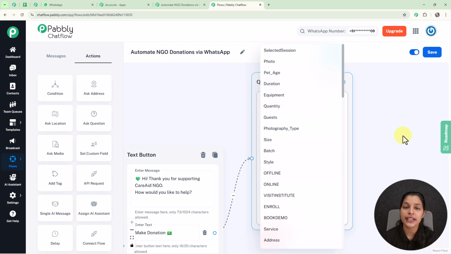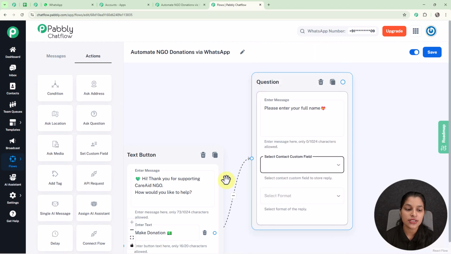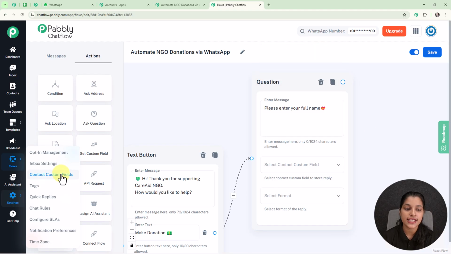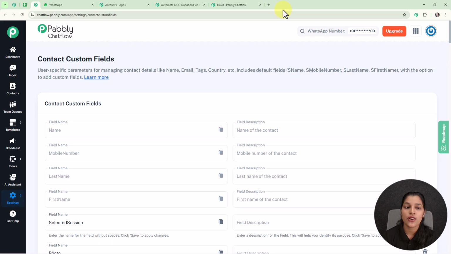You can also create your own contact custom field. For that you simply have to go to settings, and here you can see we are getting the option for contact custom fields, and these contact custom fields will help us to store extra information about our clients. Now before moving on to the contact custom fields page, you have to save this flow so that you don't lose your data. And after clicking on this contact custom fields, you will land on the contact custom fields